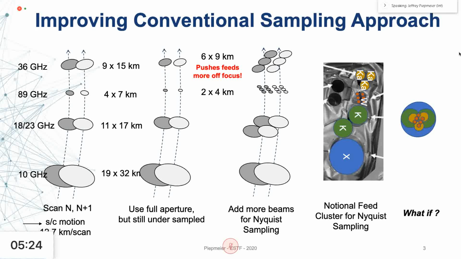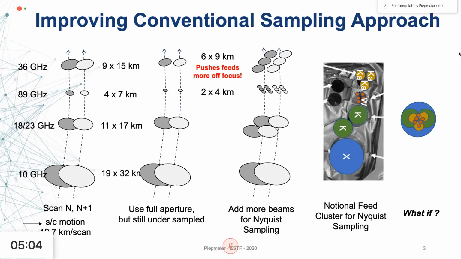If we were to fully use the aperture to its full diffraction limit, we'd have finer spatial resolution at the high frequencies, but larger gaps. So to solve this, one would need to add more beams, as we can see in the third panel there. But this actually isn't possible